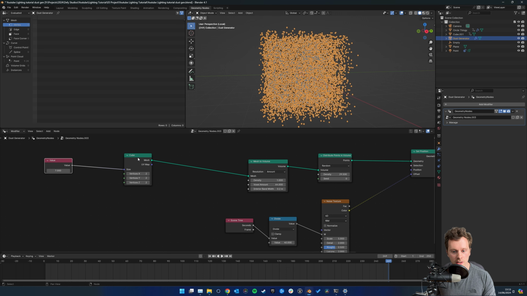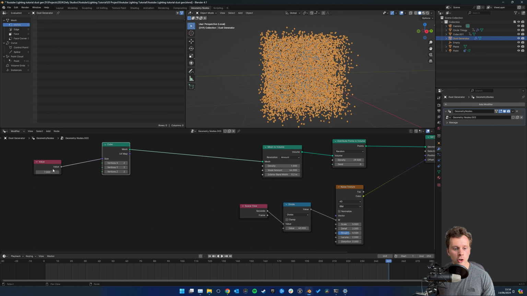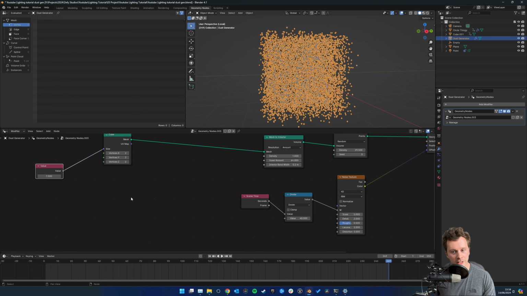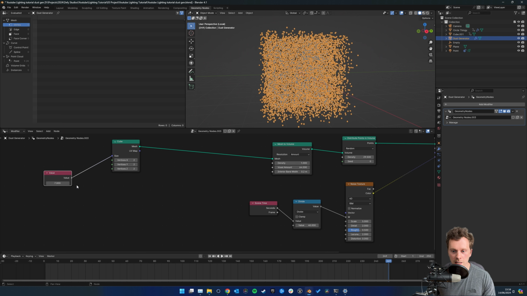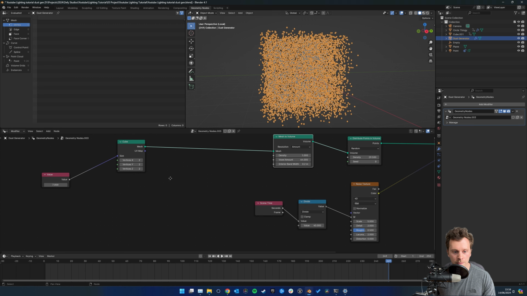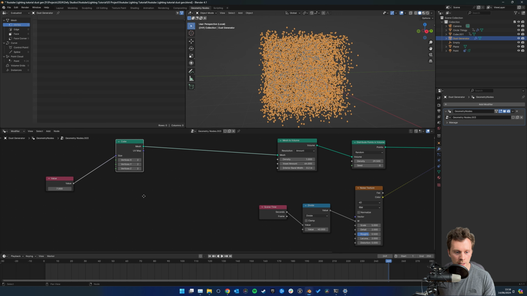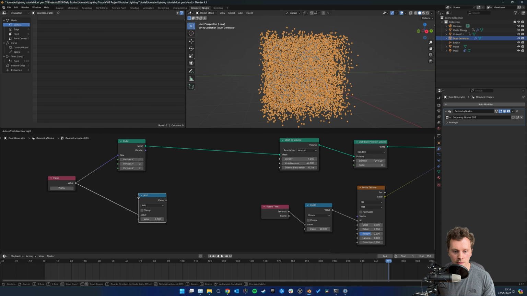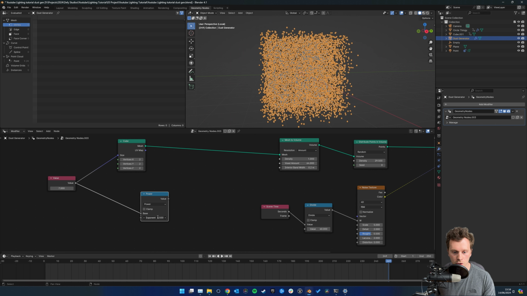As I increase the size, I probably also want to decrease the density by the same amount. Now, because cubes are cubic, if I were to double the edges of the cube in length, it's going to increase the volume by 2 cubed. So just to keep the density, or the amount of particles, the same, when I increase this value, I need to decrease the density by this value cubed. So if I just drag that into a math node and I change that to power, cubed,